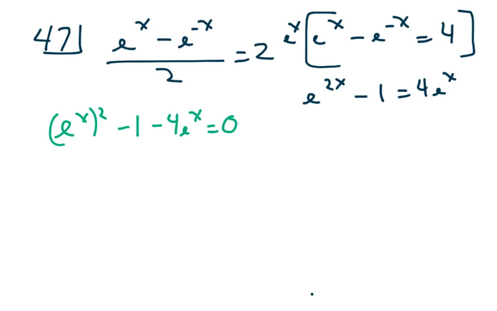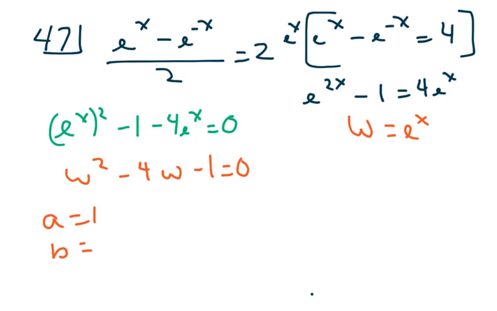Since the e to the x is confusing, now if you can do this with e to the x, by all means you can do that. But I'm going to go ahead and let w equal e to the x. So we get w squared minus 4w minus 1 equals 0. Clearly, you can't factor this, so we have our quadratic formula where a is 1, b is -4, and c is -1. And when I use the quadratic formula, I get w equals